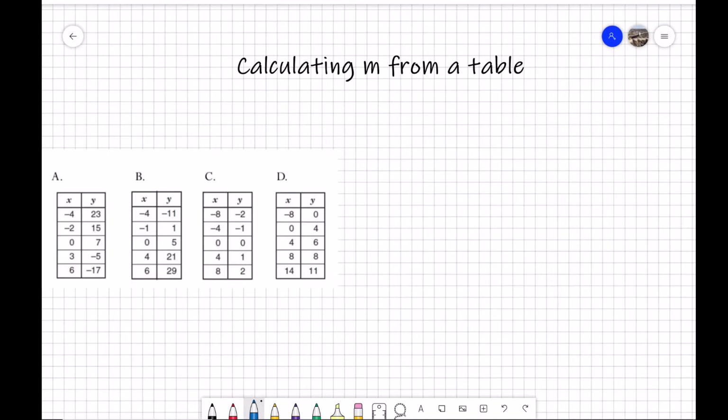Okay, today we're going to take a look at how to calculate the slope from a given table. We know that these tables represent different functions, and these points represent the points in a function. Since we're dealing with linear functions, we're going to have a line. These points represent the points in a line, or the function. So it could be something like 0,4,